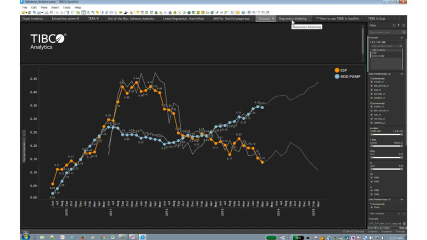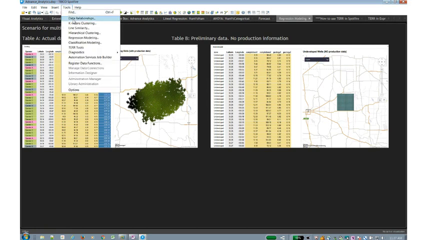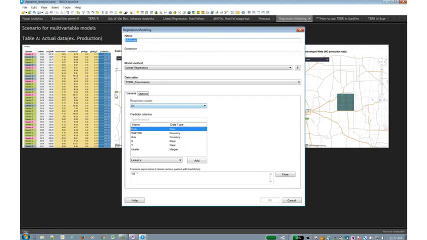So for those citizen data scientists that want to leverage regression modeling, same under the tools menu, we have all these different tools, whether it's regression modeling, whether it's classification modeling, whether it's line similarity or hierarchical clustering. The goal here is to try to help a user leverage some of these out-of-the-box functionalities, very quick point-and-click functions that allow you to leverage the power of our analytical engine under the hood.